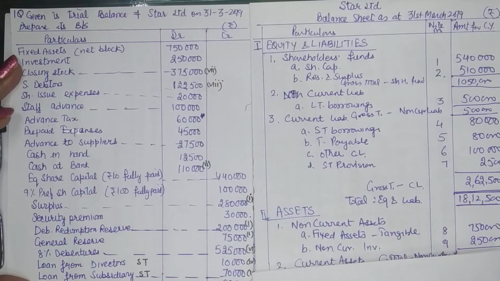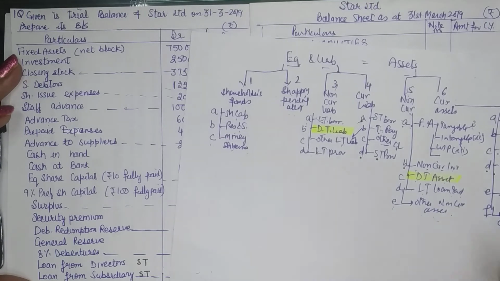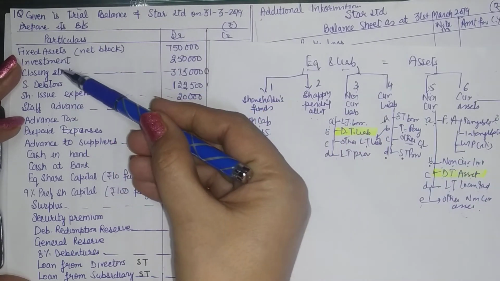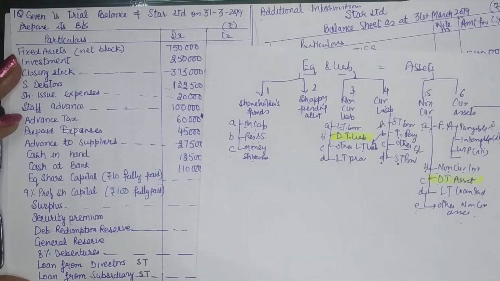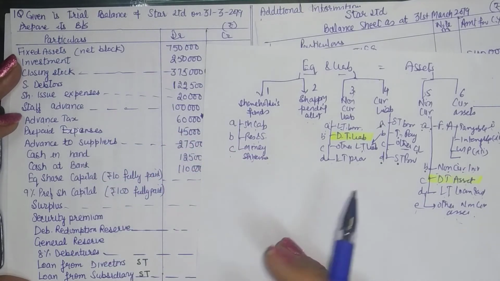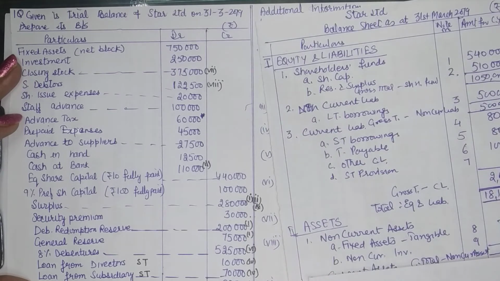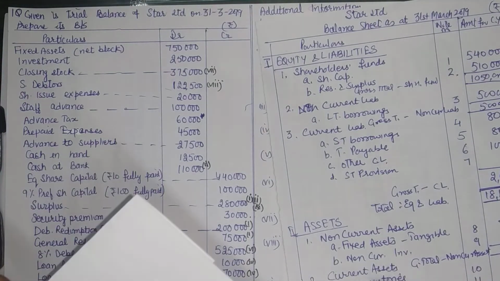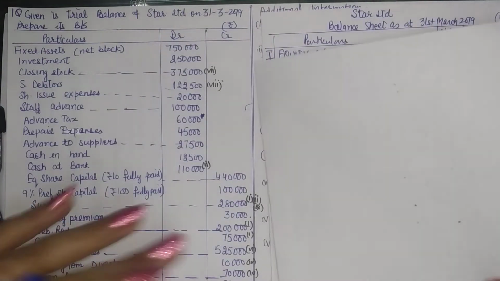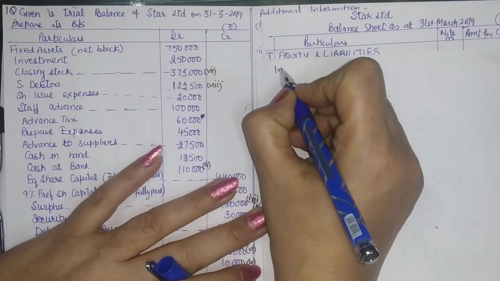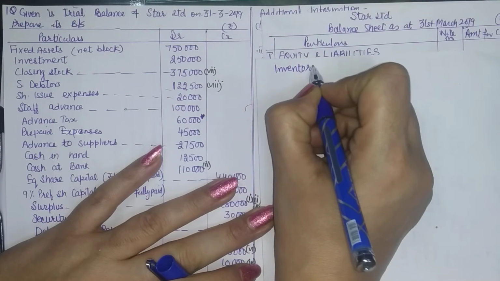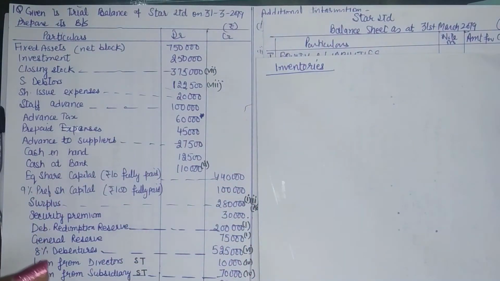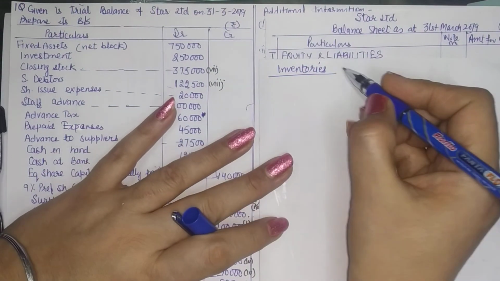Within current assets, our first category is current investments, right? So in the question there are no current investments, so there comes 3 main current assets, which are inventories, receivables and cash equivalents. So we will take up inventories first, which is our next note.